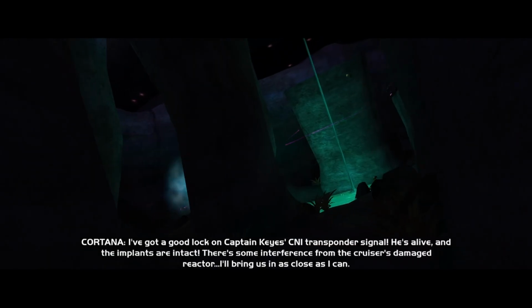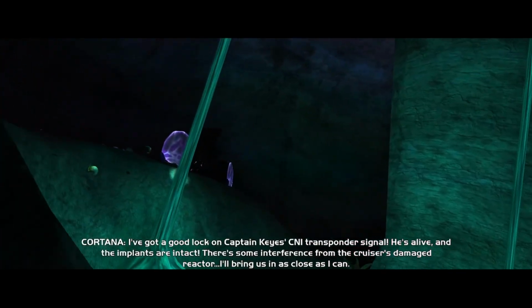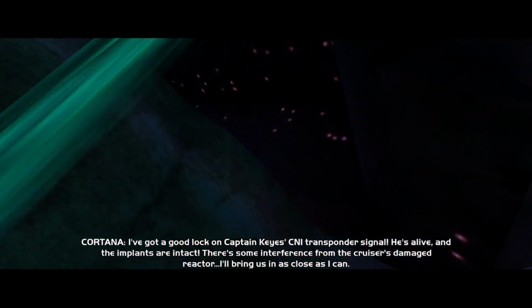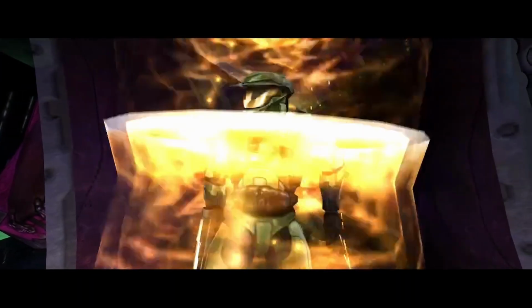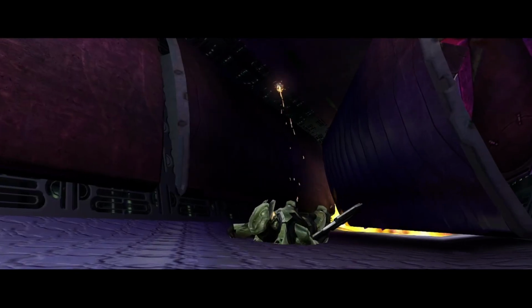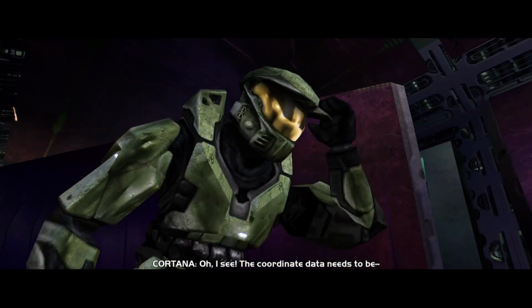I've got a good lock on Captain Keyes' CNI transponder signal. He's alive, and the implants are intact. There's some interference from the cruiser's damaged reactor. I'll bring us in as close as I can. Whoop. Bonk. Oh, I see. The coordinate data needs to be...